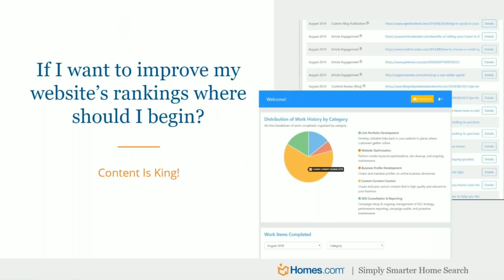So number one, content is king. You've got to have content. So we're talking about blogging. We're talking about local content on your website, and fresh content that keeps coming up. So not only the real estate from the IDX feed that's coming through your site, but also updating your content, having a weekly blog on there, very important, very powerful. Other things, you can also do a Q&A on there.